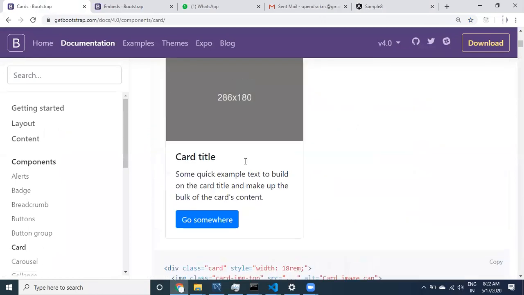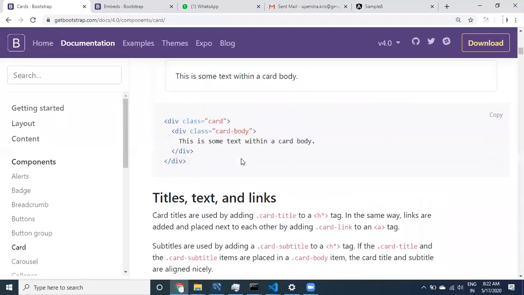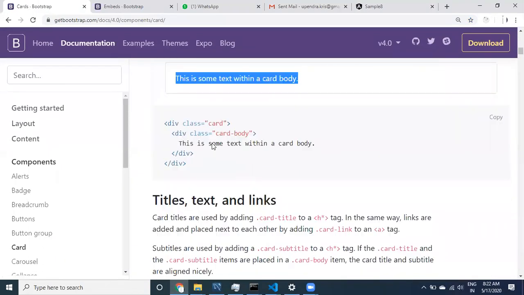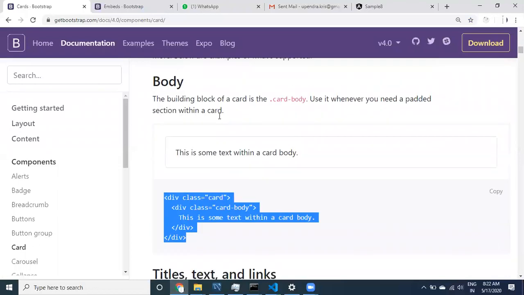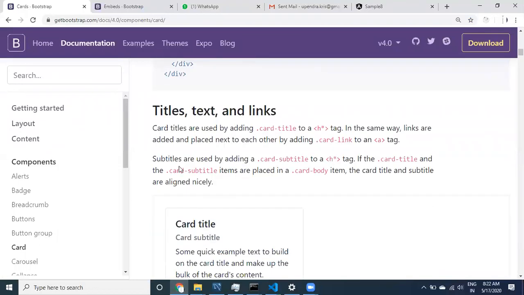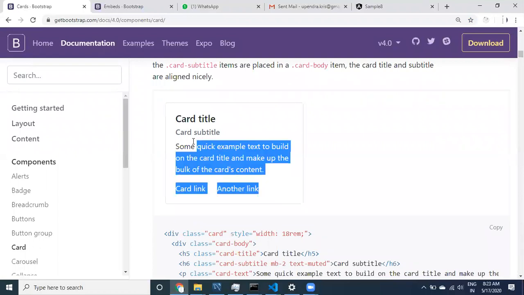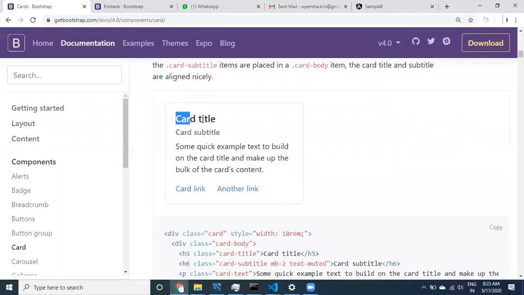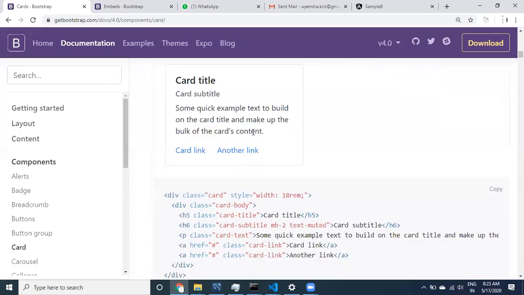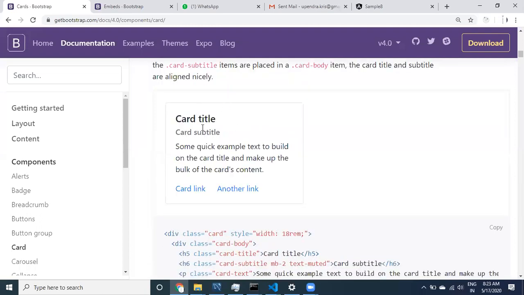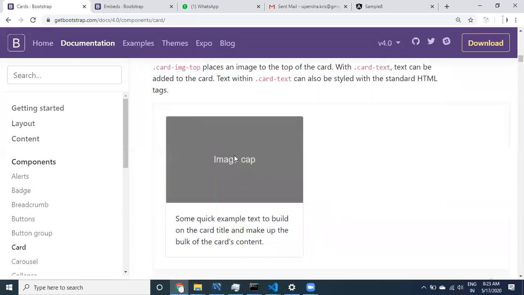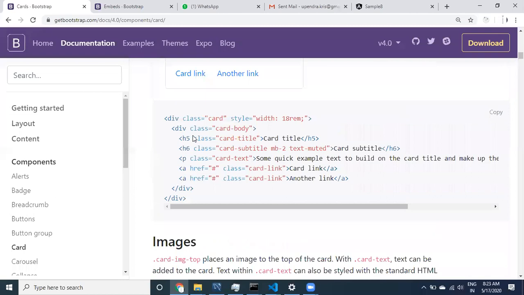See here, guys, this is one kind of card. This is a simple card, very simple, just printing a simple card. No other things are available, simply a card title, card subtitle and some information. It contains no images. I don't have images right now. In the next step, I'm going to take an image also.